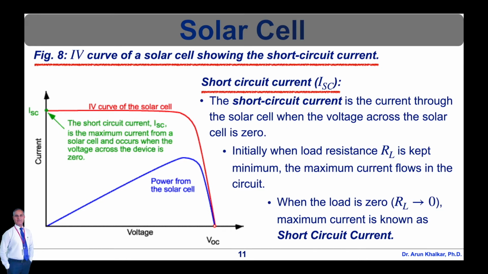Next is the spectrum of the incident light. For most solar cell measurements, the spectrum is standardized to the air mass 1.5 spectrum. So what is air mass? We will discuss it later. The next factor is the optical properties, that is, absorption and reflection of the solar cell. Then there is the collection probability of the solar cell, which depends chiefly on the surface passivation and minority carrier lifetime in the base. The IV curve of the solar cell shown here shows the short circuit current.